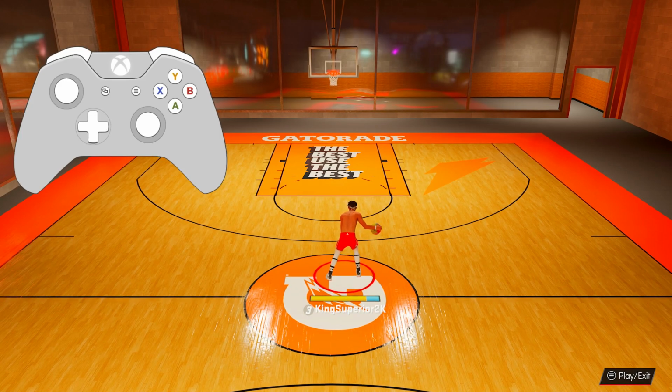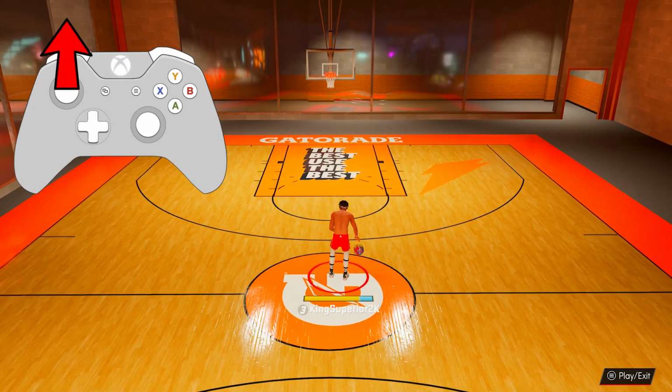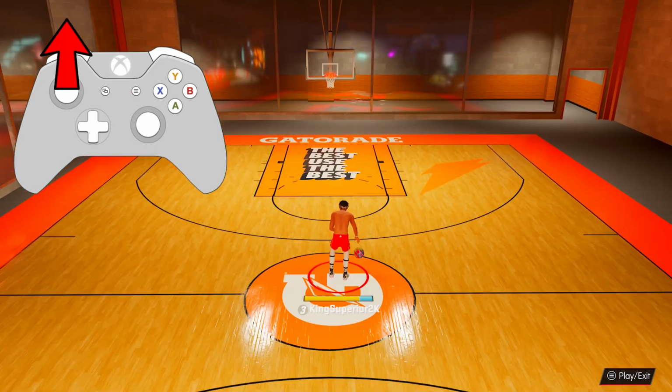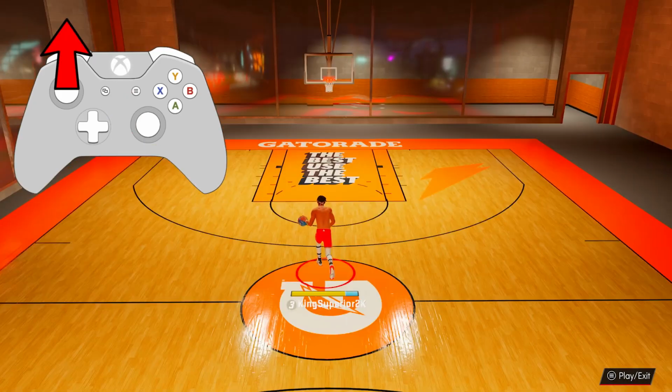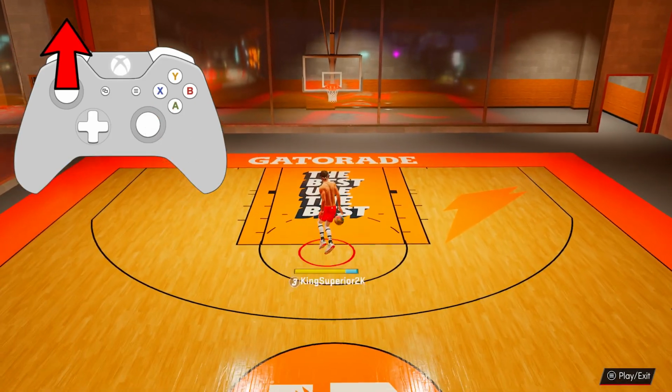If the ball is in your right hand, you're gonna flick your right stick diagonally down to the left, and then rotate your right stick from the bottom to the top in a clockwise motion, okay? And if the ball is in your left hand, you're gonna flick the right stick diagonally down to the right, and then rotate the right stick from the bottom to the top in a counterclockwise motion to do the basic